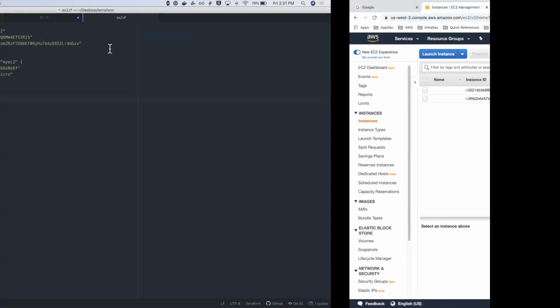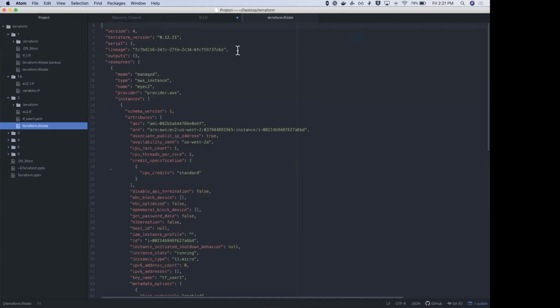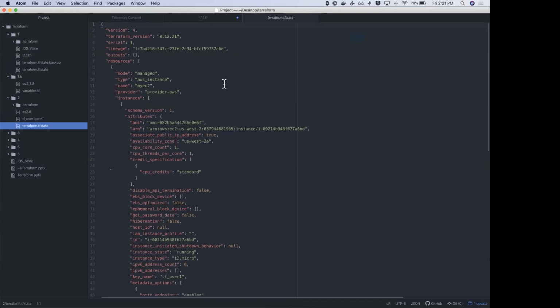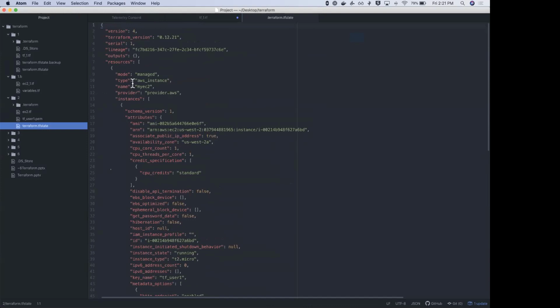If you now look at it, there is a terraform.tfstate file. We can go ahead and open this up directly in our Atom editor. Let's open up the Terraform state file. This gives you all the details that are very specific to this instance. Things like what type it is, what the mode is, who the provider is, AMI, ARN.